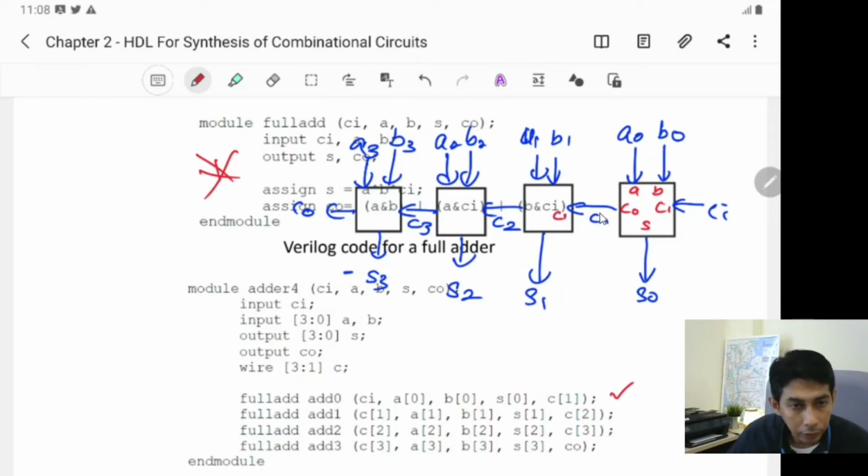CI is connected to C1. That's why you have C1 here. And A is connected to A1. That's why you have A1. B is connected to B1, and S is connected to S1, and C out is connected to C2. That's why you have C2 here. Done. The third one,